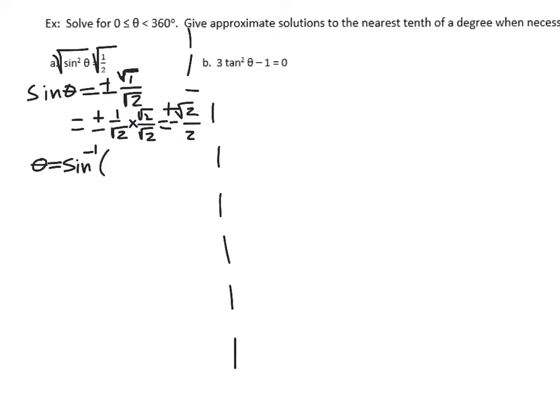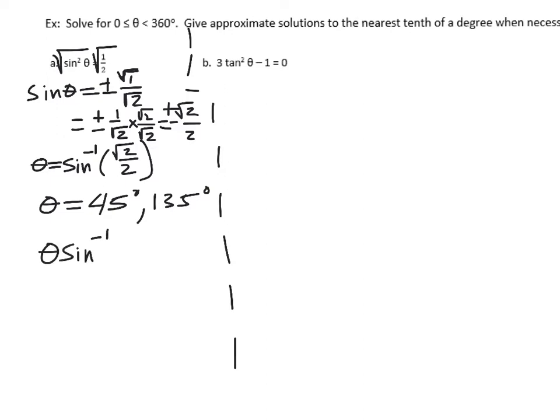So after we take that square root, it really leaves us with two cases. One, we need to do inverse sine of square root 2 over 2. There we take a peek at our unit circle, and we see 45 degrees and 135. Those would be our solutions. 45 and 135. However, this is really easy to forget in a case where you have to take a square root. We also have to do the inverse of